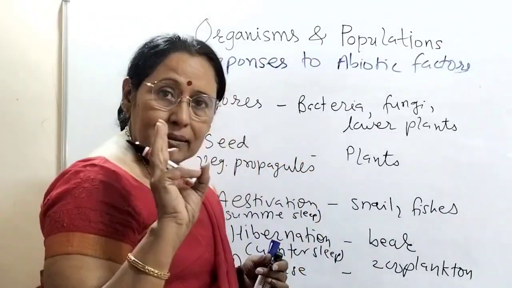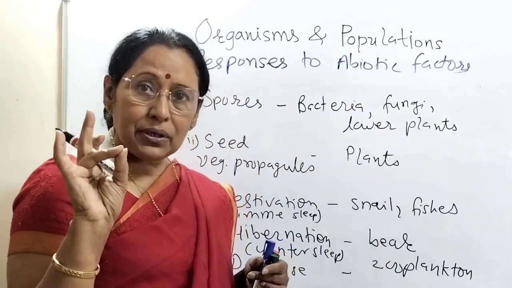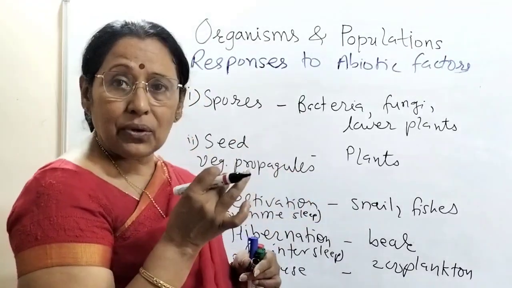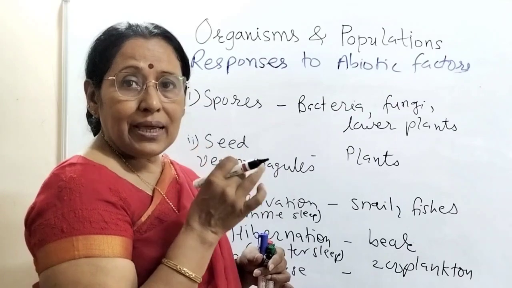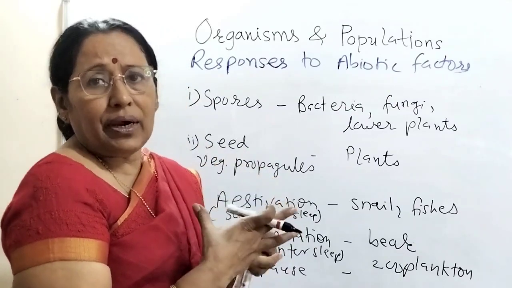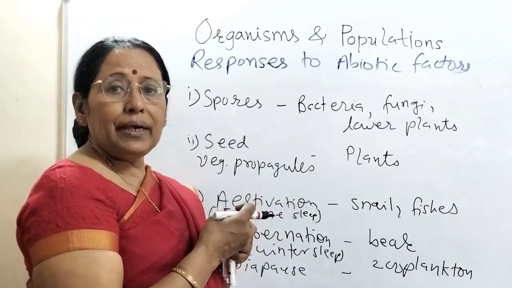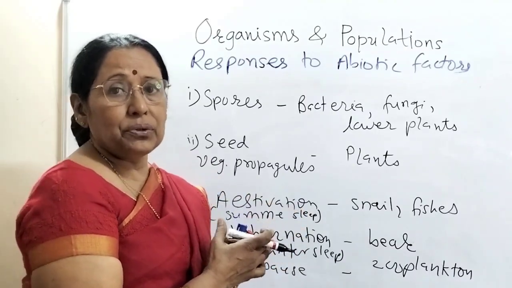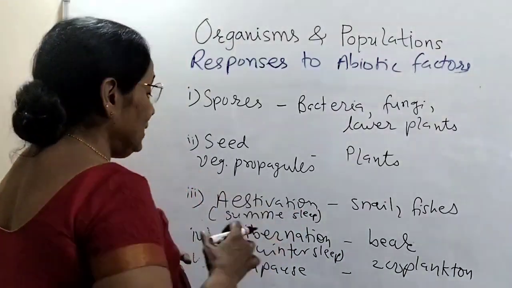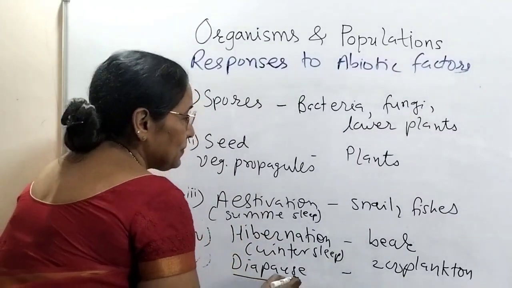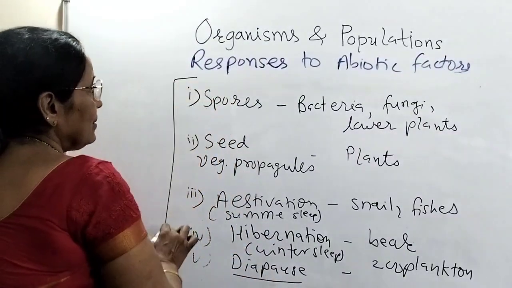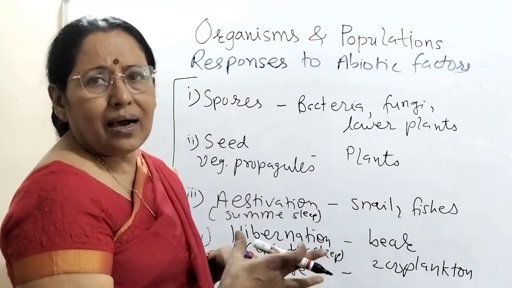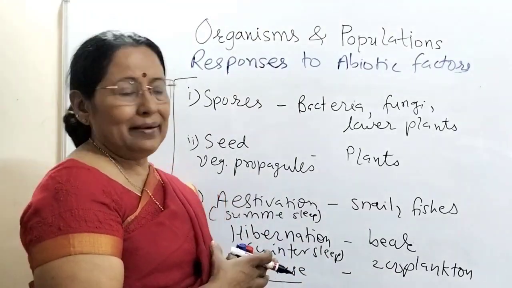So zooplankton in lakes and ponds during summer. So summer related stress को avoid करने के लिए वो क्या करते हैं, to cope with it, अवॉइड नहीं कर सकते हैं, to cope with it they suspend their morphological growth. उस समय कोई ग्रोथ और डेवलपमेंट उनकी नहीं होती. This is diapause. This one is very often asked question in your boards and NEET.